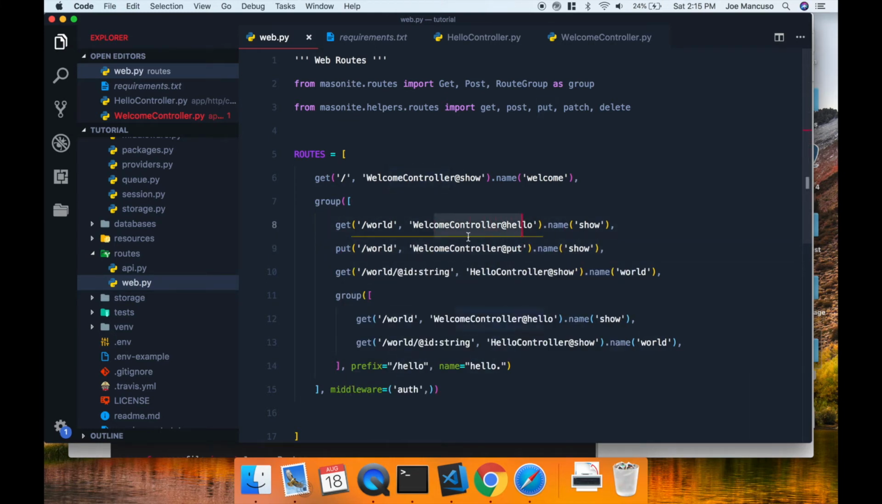So same controller, but using a different method. And this might be put.show or something, as well as up here. So we might have get, post, put, patch, and delete. And remember that anytime you use these class-based ones, you'll need to do the old